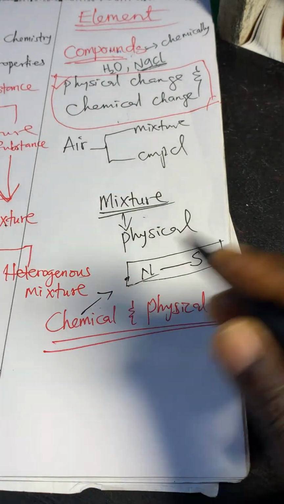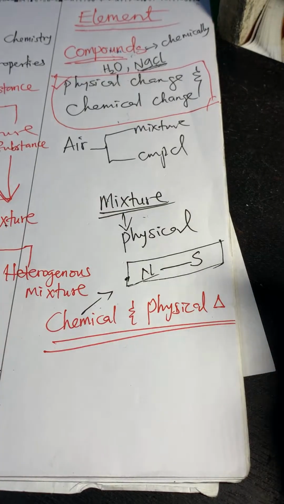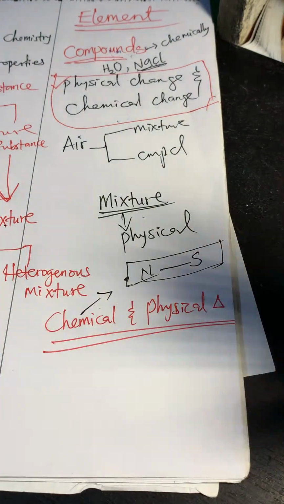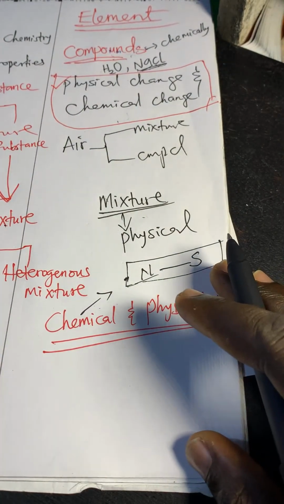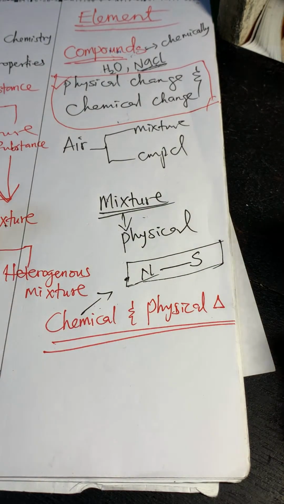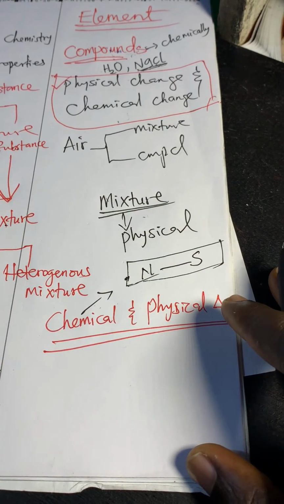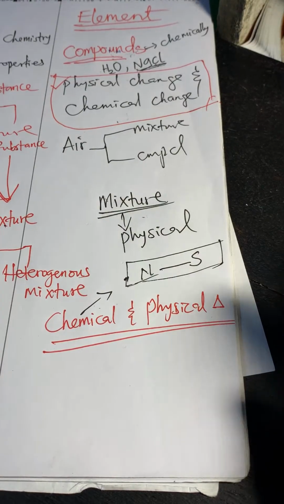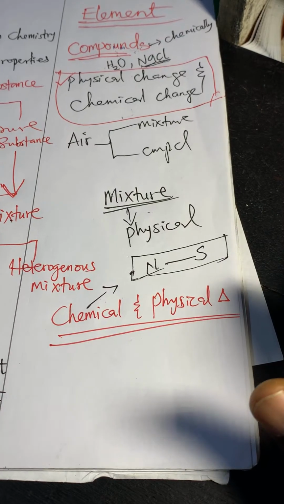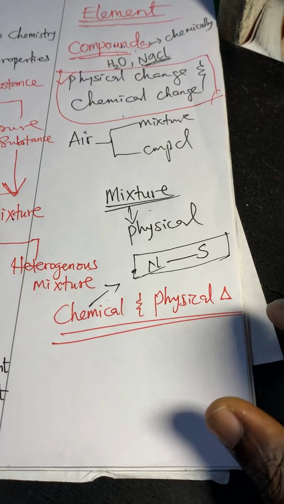Rising of bread. Are you seeing it now? Yeast converts carbohydrate into carbon dioxide gas that causes the bread to rise. Then milk souring: the sour taste is lactic acid. When milk sours, it produces lactic acid. These are all basic things that you see. Anything burning, burning is a chemical change. You should take note.